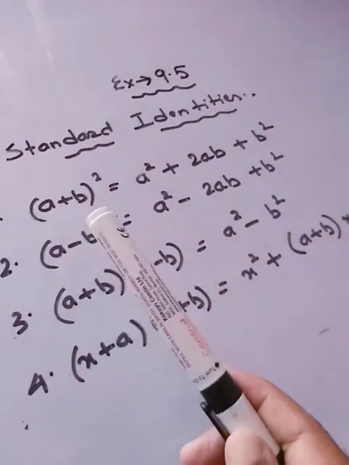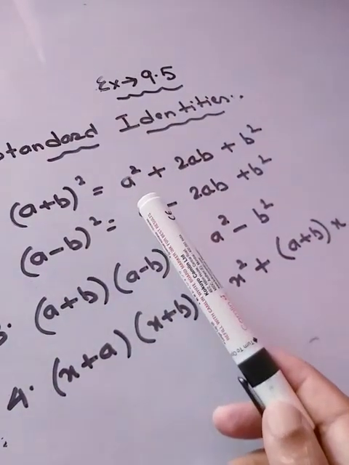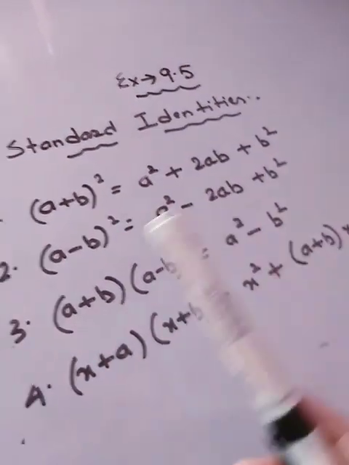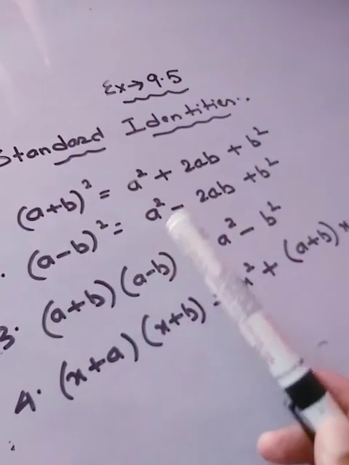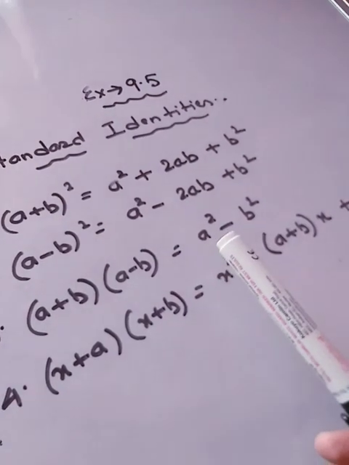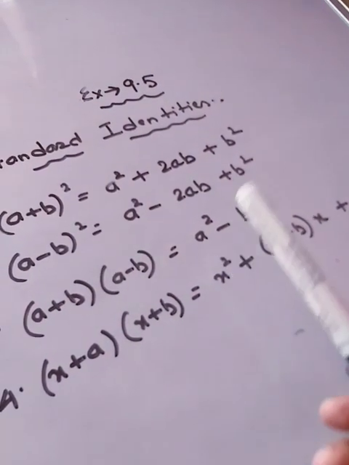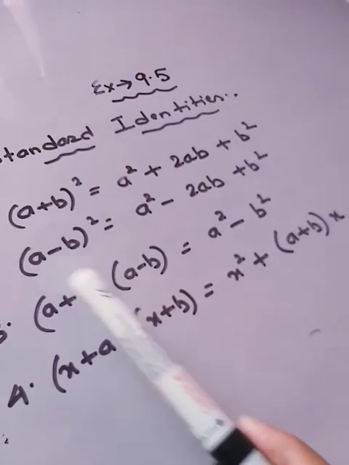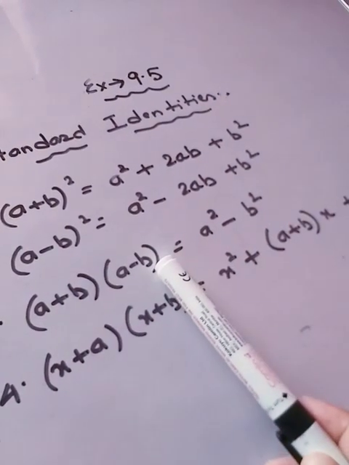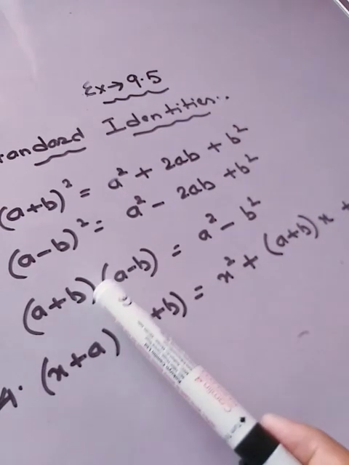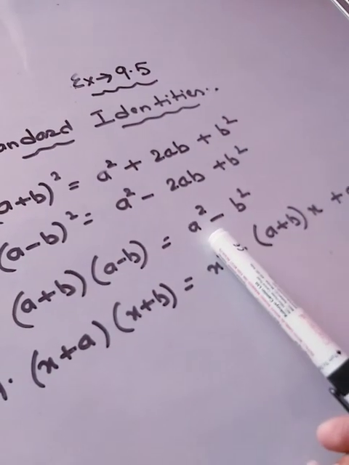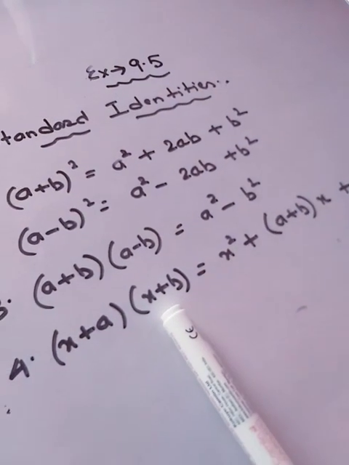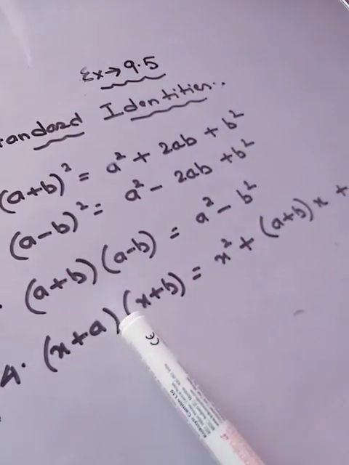That is, the first identity is (a plus b) whole square equals a square plus 2ab plus b square. Another one is (a minus b) whole square equals a square minus 2ab plus b square. The third identity is (a plus b) in one bracket and (a minus b) in another bracket. The product of these two binomials would be a square minus b square,